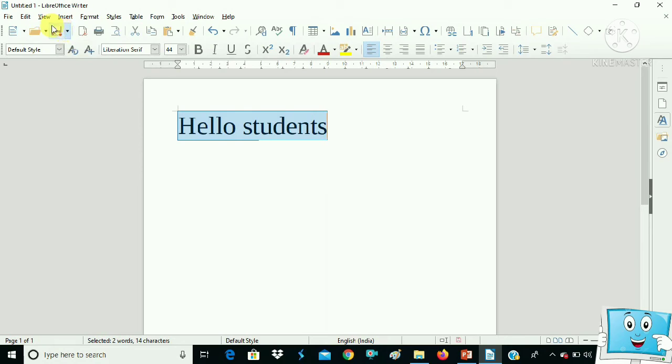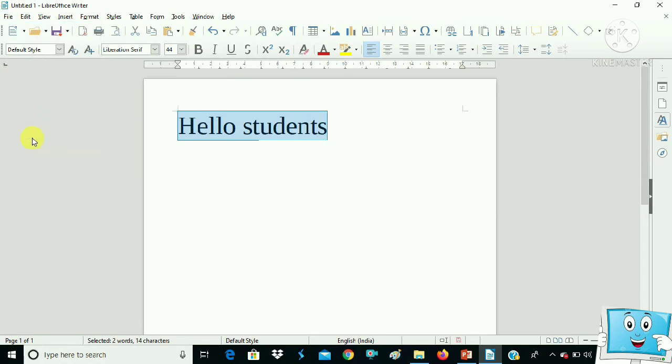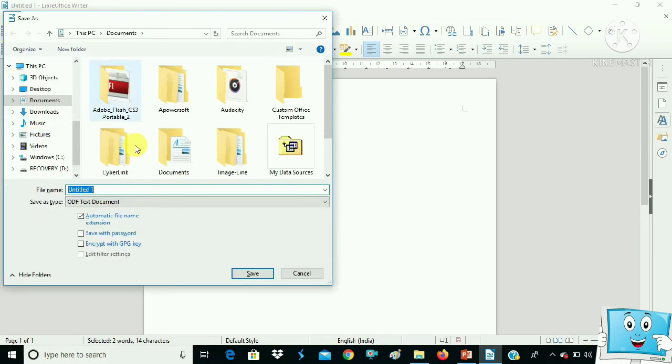Where do we have to go? Here is the save button, and we can also go to the File menu and then Save. By clicking on the save button, a saving dialog box appears, and we have to specify the place where I want to store the file.